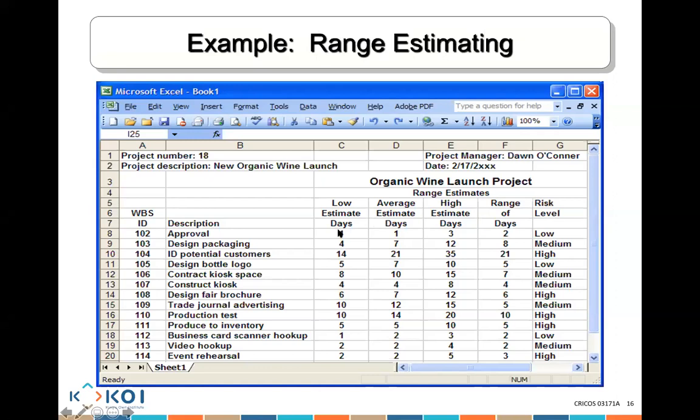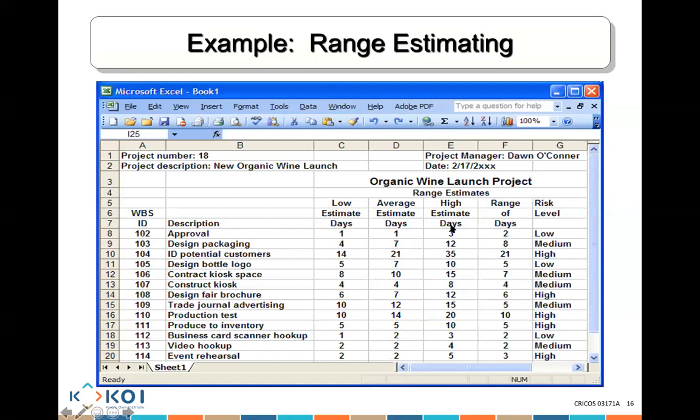The way that they calculate it is: 1 multiplied by the low estimate, plus 4 times the average estimate, plus 1 multiplied by the high estimate or pessimistic estimate,